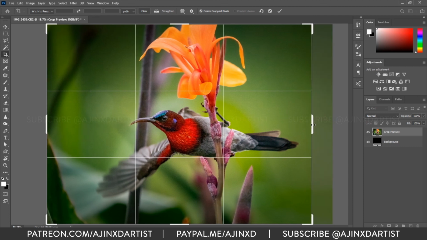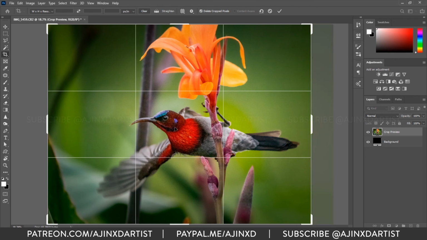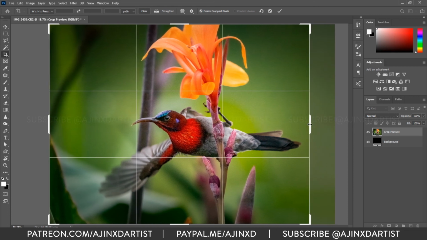It appeals more to the viewer, as the subject in our case is looking towards the left, so I'm leaving a lot of space here. And now that we don't have anything on the right, we can crop as much as we like. Of course not the subject. So I think this looks good.